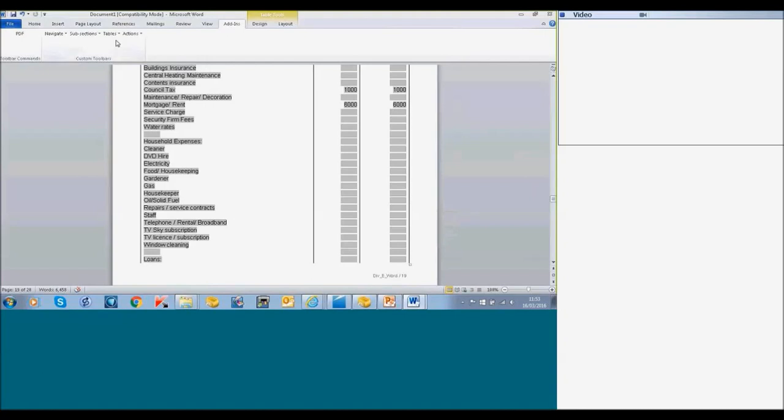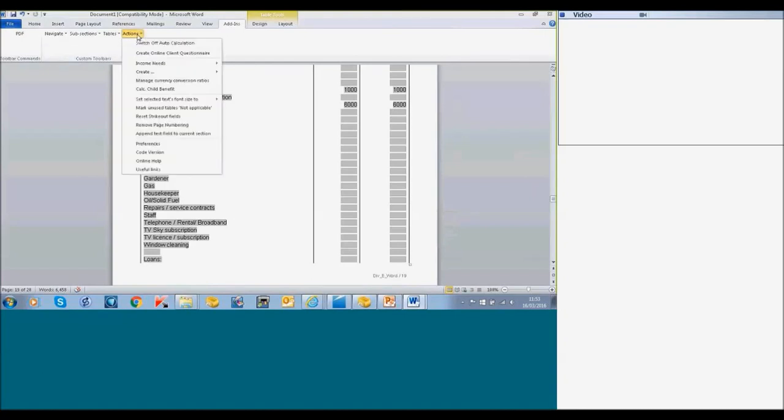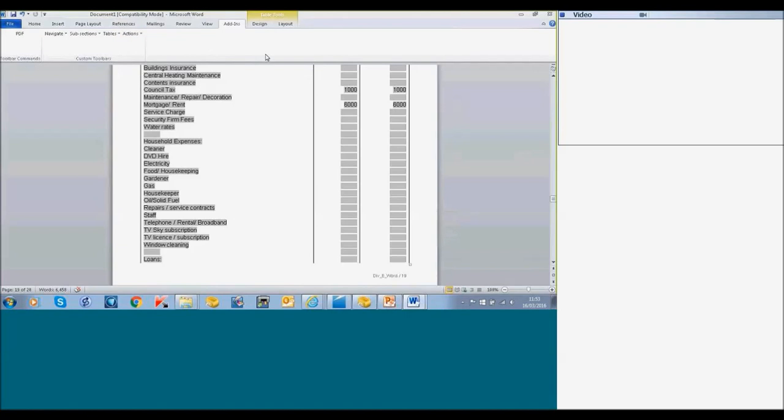And if we go to Actions again, you also have the facility to calculate child benefit. You can add rows to the table underneath the table, which you can put notes in. You can mark unused tables not applicable. And when you come to print this out, certainly with IHC and so on, you can print out only the schedules that have been used. Okay, so